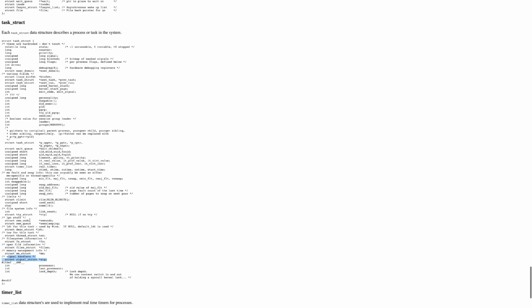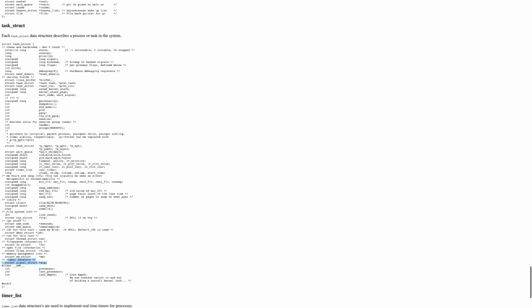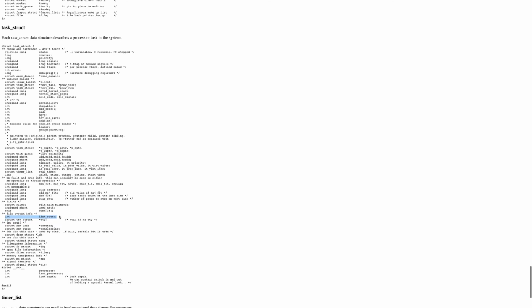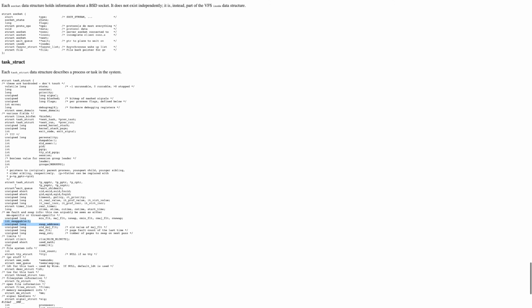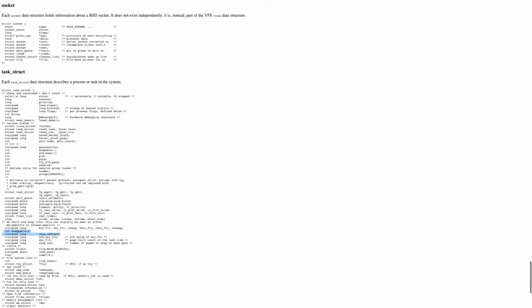And if we look further down, we have struct, that's memory management information. We have the signal handlers. We have file system information, all the different links for file links. We have some swap addresses, so that's if you're going to push this PCB out to disk. We have debug registers and so forth. So we have all sorts of things, and here we go, the next task and the previous task.